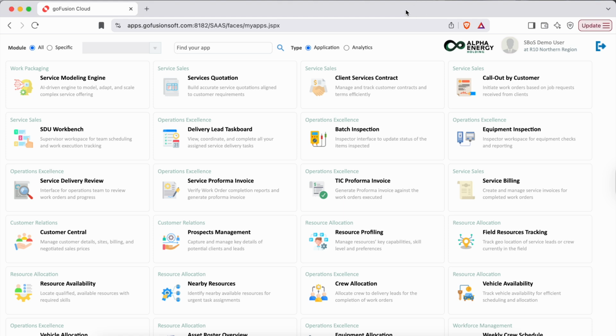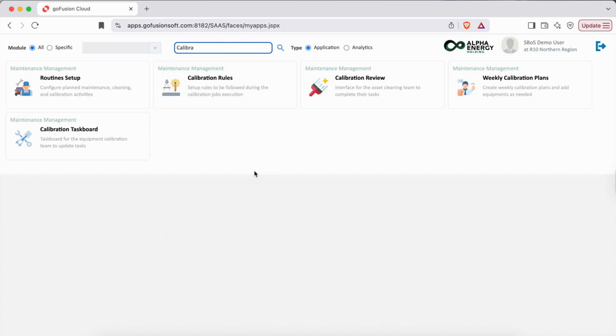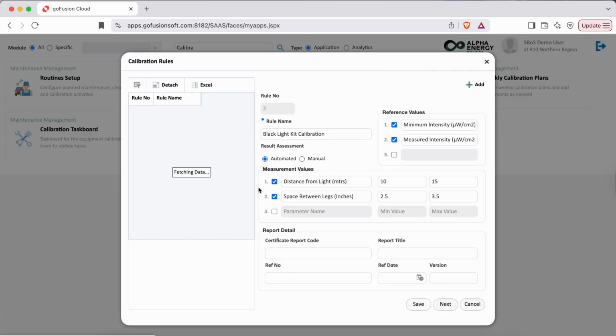Welcome back. In this video, we'll walk you through how to set up calibration rules in the system. To get started, simply search for calibration, and you'll see all the related applications available for configuration. In this session, our focus is specifically on calibration rules, which play a crucial role in defining and governing the entire calibration process. These rules determine how different equipment types should be calibrated and help ensure each one follows the